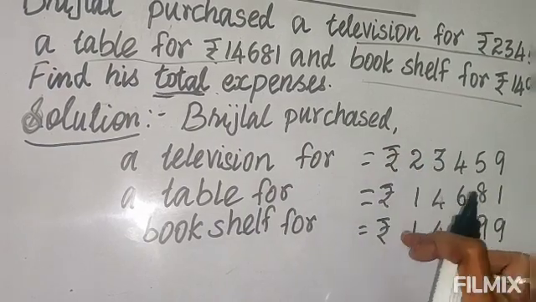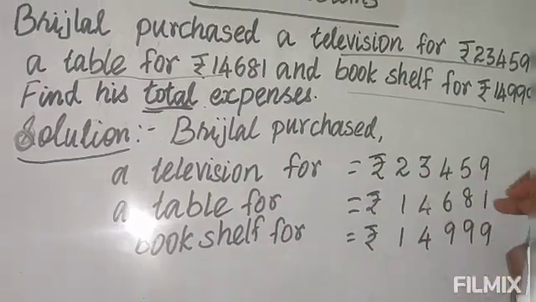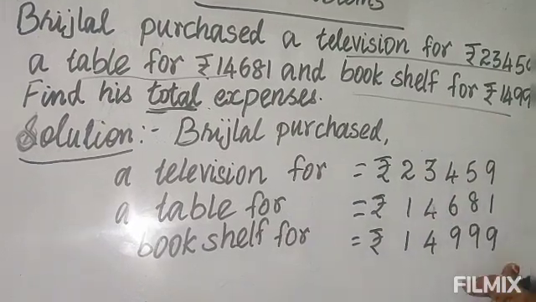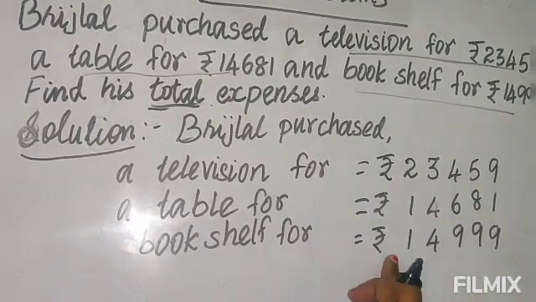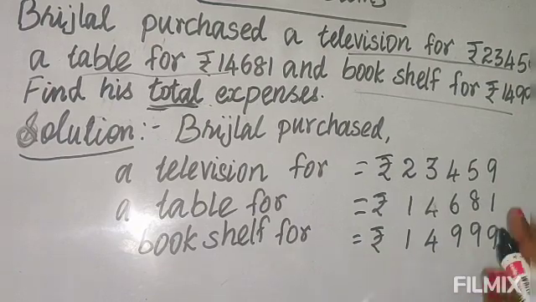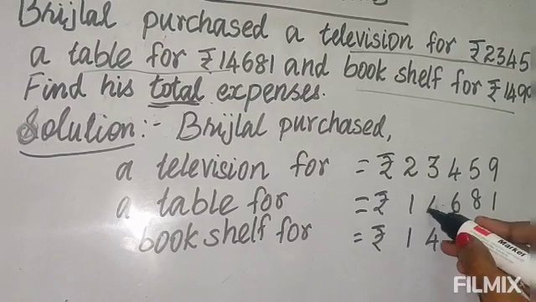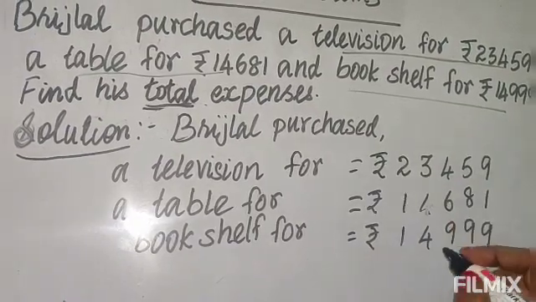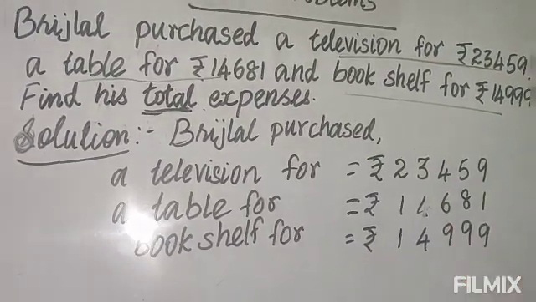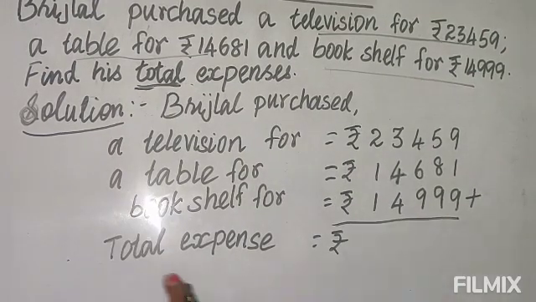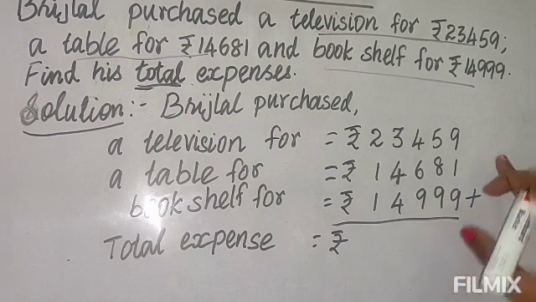Okay, again you see the rupees, then the numbers in columns, they are in ones, tens, hundreds, thousands, 10,000s place. This is the way you have to arrange the digits in order and write. You cannot write as you wish here and there. First you arrange like this, then only you will not make a mistake when you add. Okay, let's find his total expenses now. Total expense equal to, let's add now.